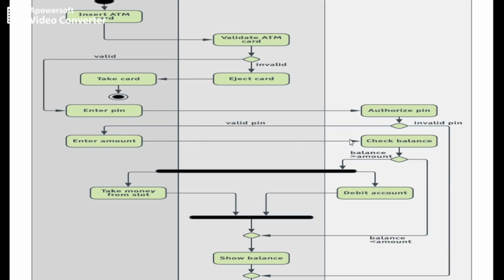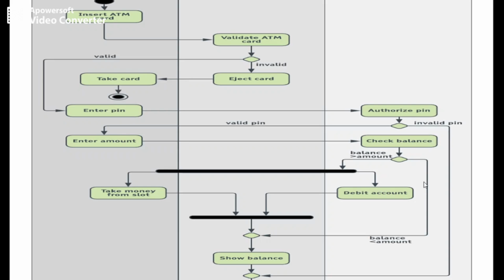Then the balance is checked. If the amount you want to withdraw is greater than the balance amount, then what happens?